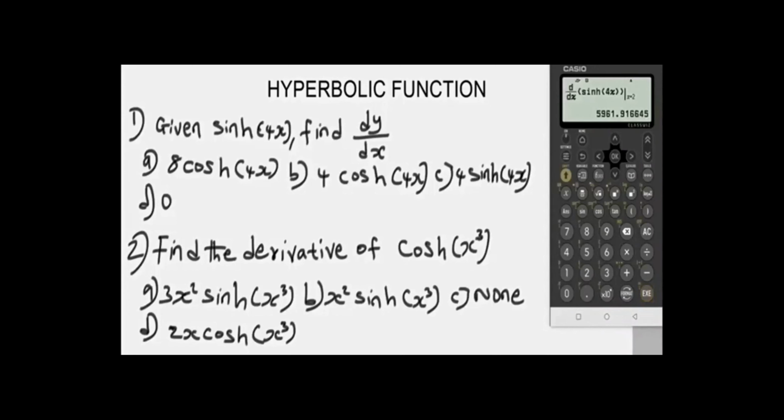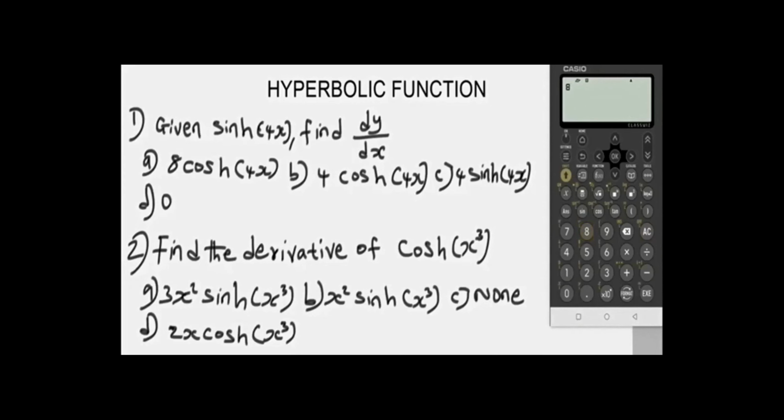So we have 5961.9. Right now we're going to simplify the options. Any option that gives us this value, 5961.9, is basically the answer to the question. So let's begin with option A. Let's go back, press the AC button. So let's simplify option A. We have 8